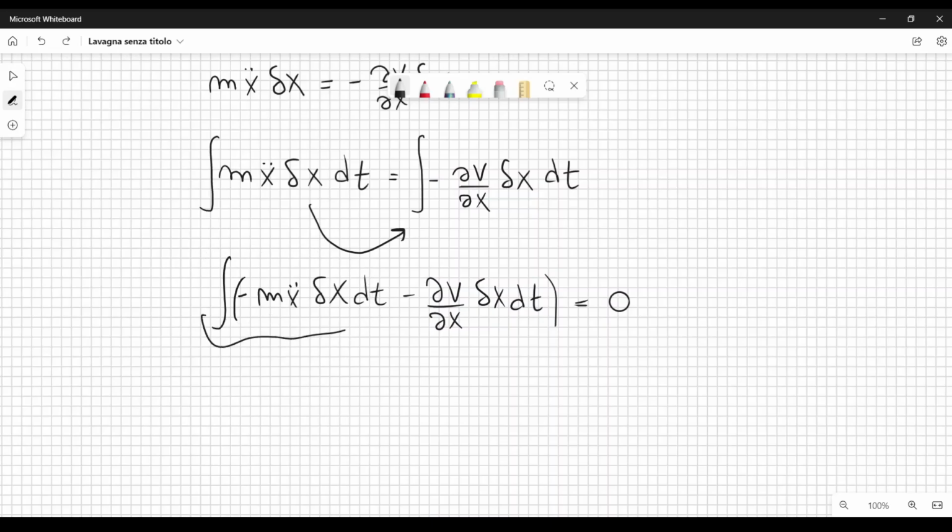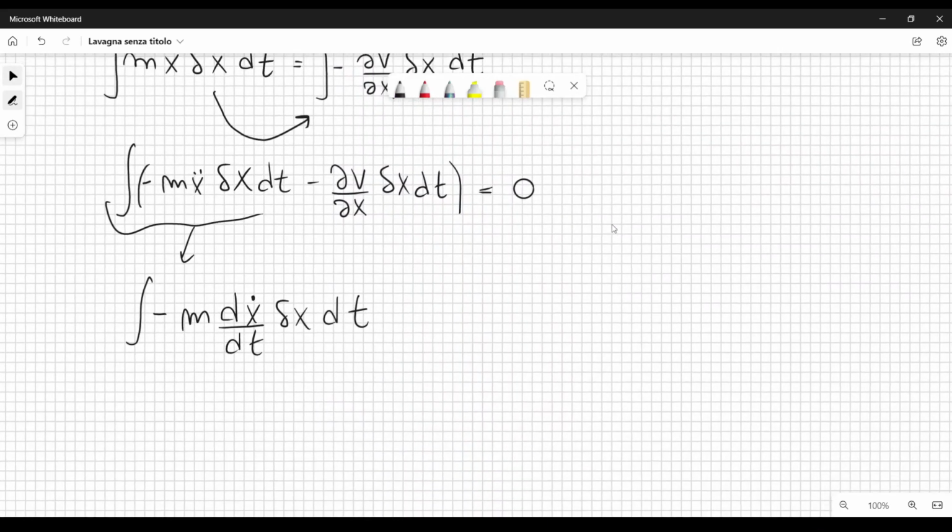How? Well, let's do it below. I can rewrite that first part like this. Integral of minus m. The acceleration can be written as the derivative of the velocity, so dx dot dt delta x dt. If we integrate by parts, we get that this is equal to minus m x dot delta x,